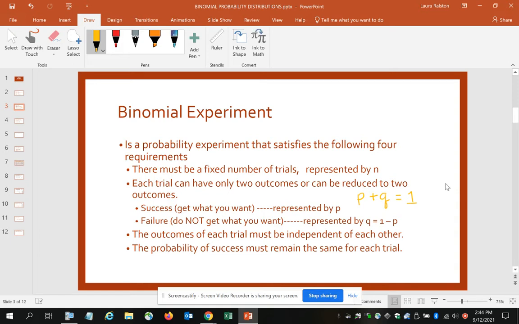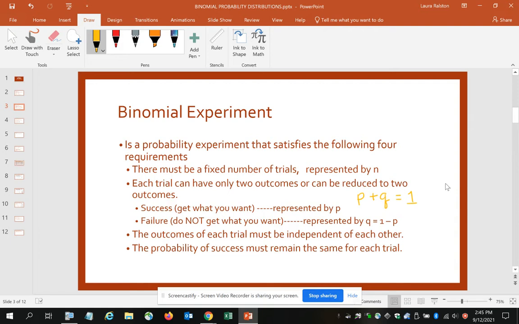The third requirement is that the outcomes of each trial must be independent of each other. That's basically a fancy way to say the outcome of the first trial or the response you give to the first question does not affect the second question, which does not affect the third question, and so forth. So it's kind of like they're